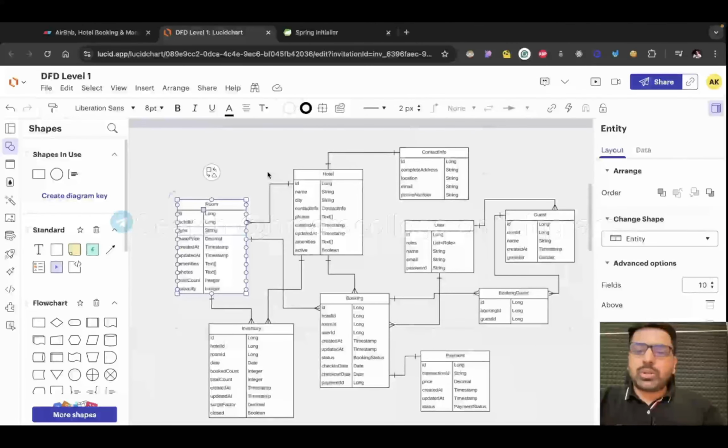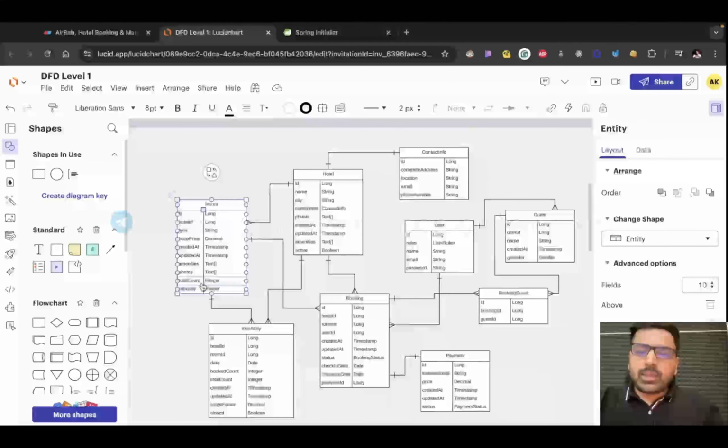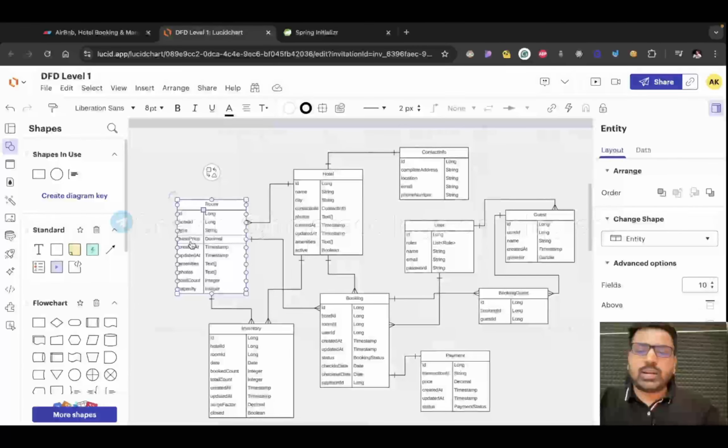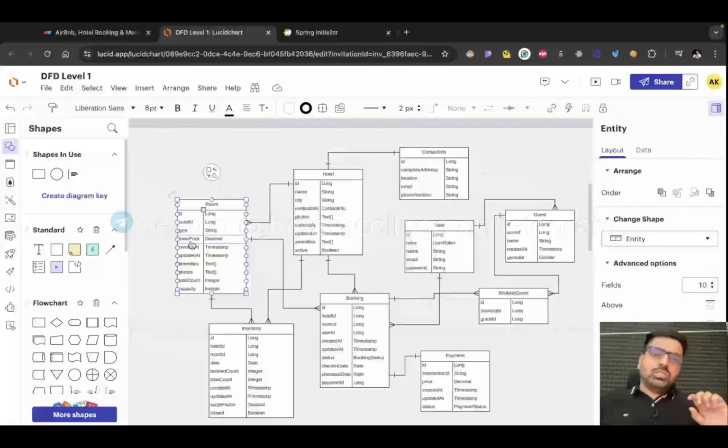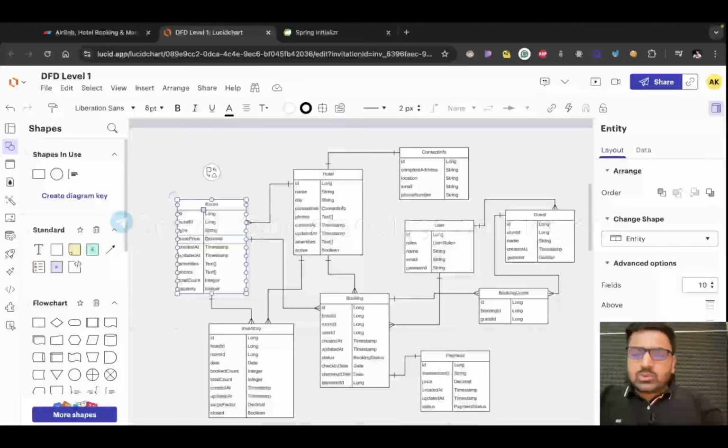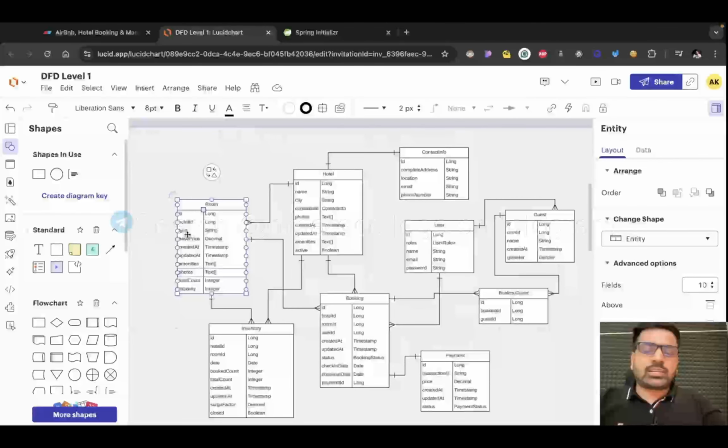So it's the duty of the hotel manager to put that information. So they will put the total count, right? That means they have this much inventory present in their hotel for this particular room type, and then they can specify the base price of that room, that this much it should cost, and then we can also surge the room price based on certain criteria that we're going to cover later on, right? So we have base price, the type of the room, the amenities for the room, the photos for the room, and all these things are going to get stored with the room. All right, so these three are covered here inside the